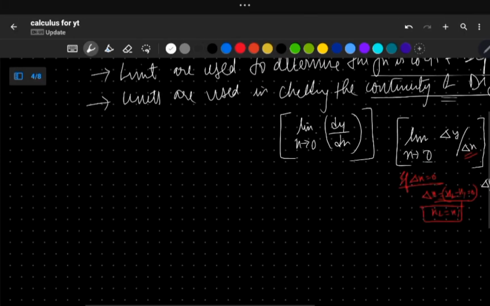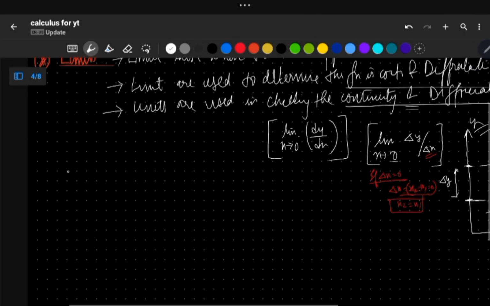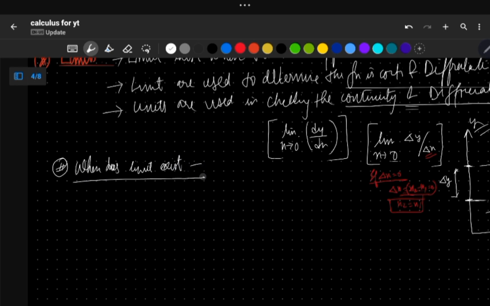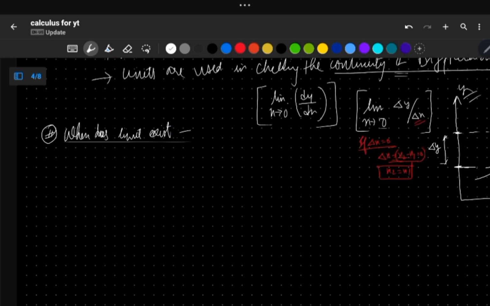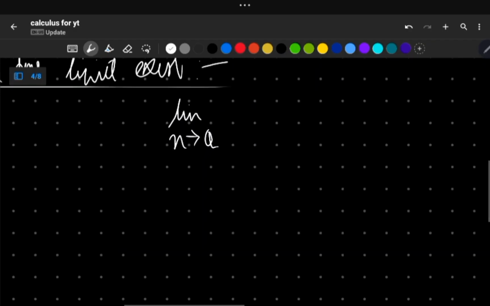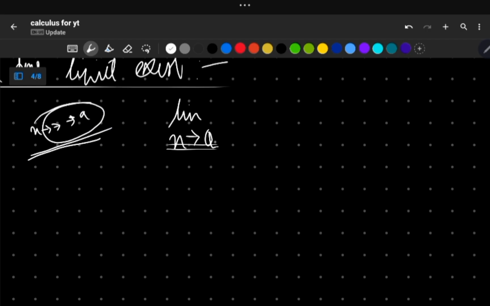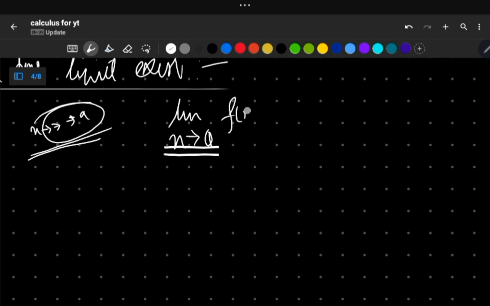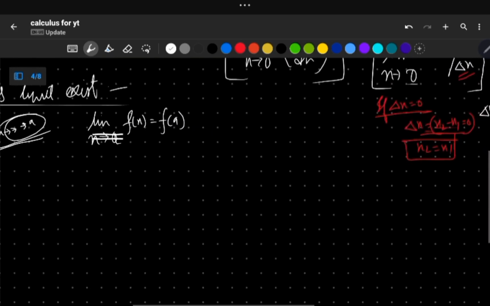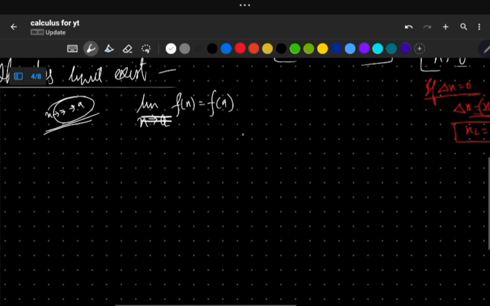Now, when do we know that a limit exists? When does a limit exist? Very basically, suppose x tends to a. What does x tends to a mean? It means that x is slowly approaching a, where there is some function like f of x equal to f of a. Here, if the left hand limit is equal to the right hand limit,